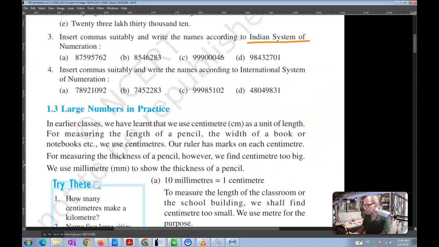Then again over here, for example, you have this number, which is 3 digits, 2 digits, and then 2 digits. So your number is essentially 85,46,283. And then this is essentially 85 lakh 46,283, which you would write essentially